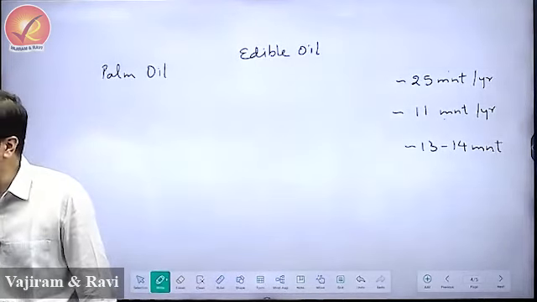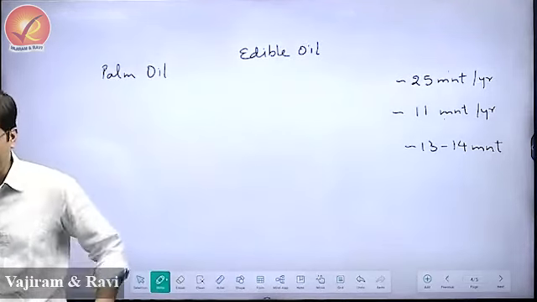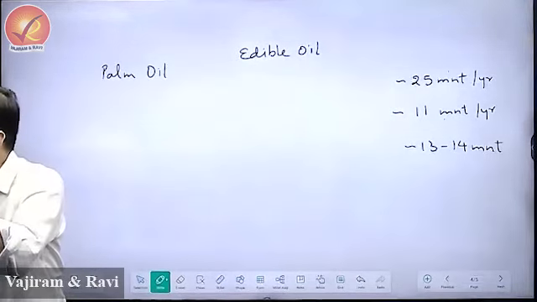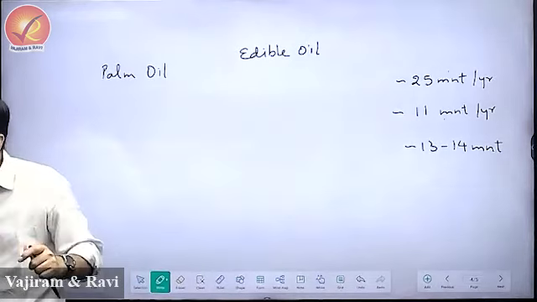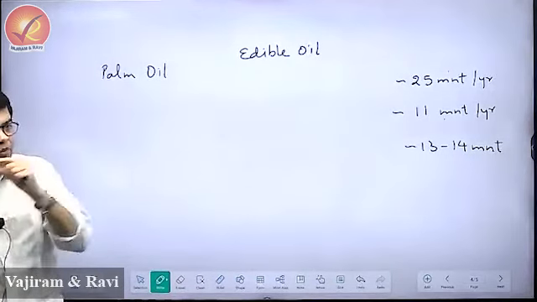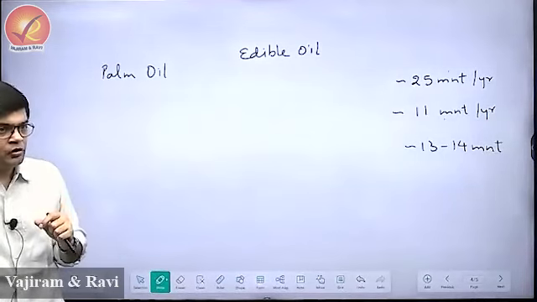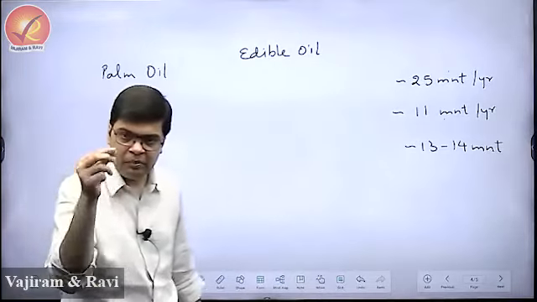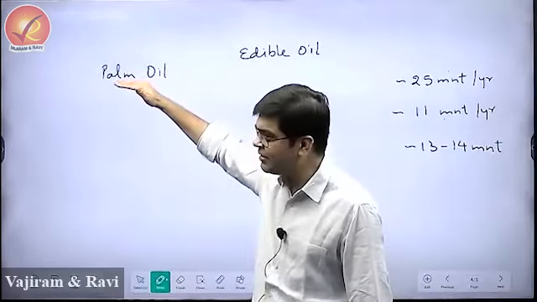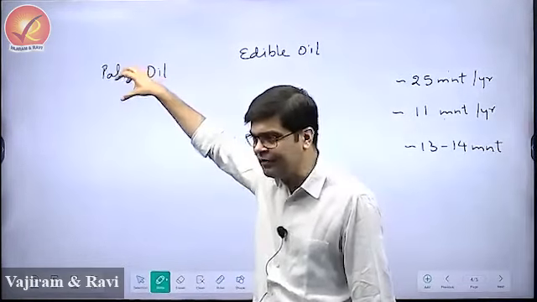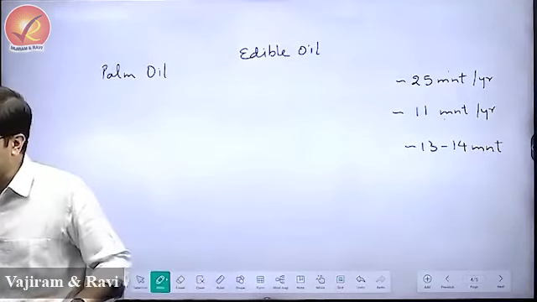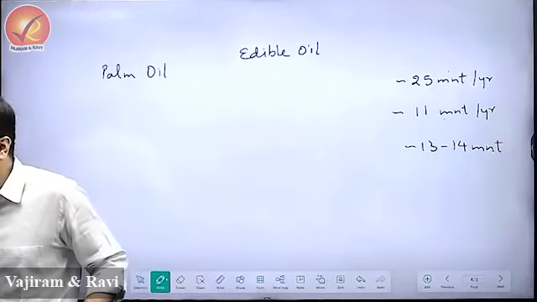When the Europeans went to West Africa, they found this oil palm tree. Equatorial areas have very hot and humid conditions. Every day we will have rainfall and a good amount of temperature is also there. When Europeans started colonizing the areas of Southeast Asia, because the equator also passes through those countries, they found the same type of climatic conditions there. So the traditional rainforests of Indonesia and Malaysia were cut down and replaced by oil palm plantations. And today these are the areas that produce the maximum amount of palm oil, and we import palm oil from these countries.